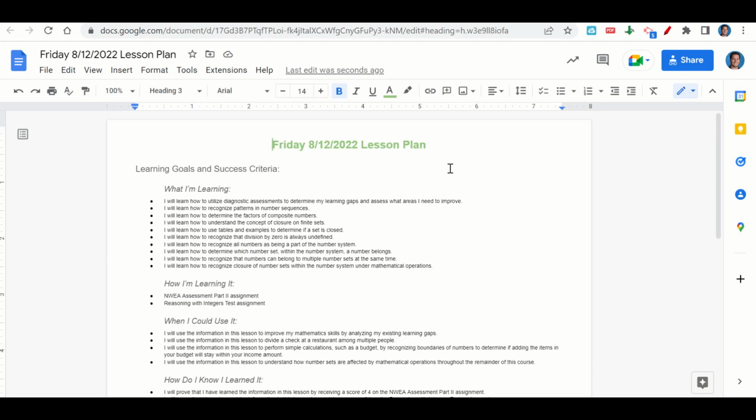Through the NWEA Assessment Part 2 assignment and the Reasoning with Integers test assignment. When can we use this information? To improve your math skills by analyzing your existing learning gaps, to divide a check at a restaurant among multiple